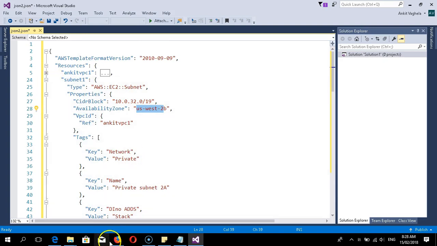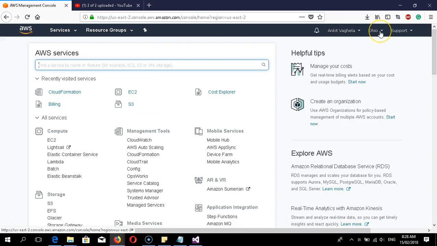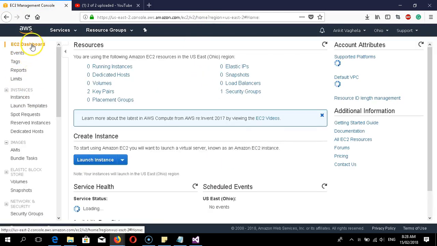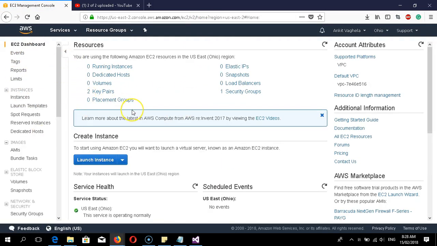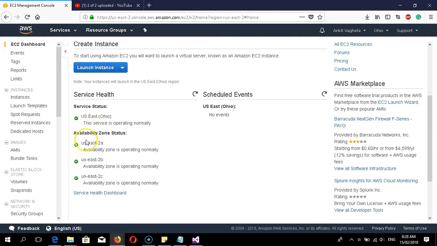For that we have to open our console again. Yeah, in Ohio, we will first explore what availability zones there are. In the EC2 dashboard, if you go down and see, there are 1, 2, 3 availability zones there. So just copy